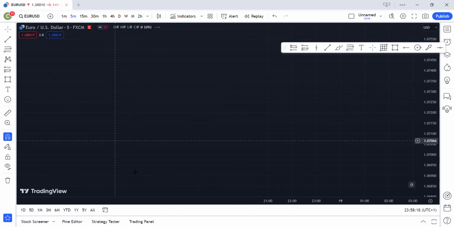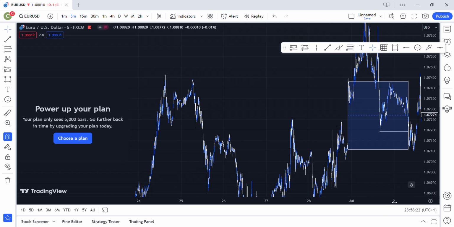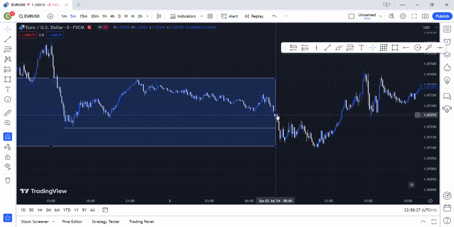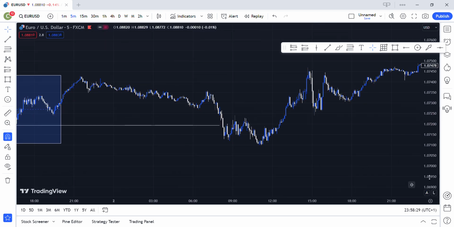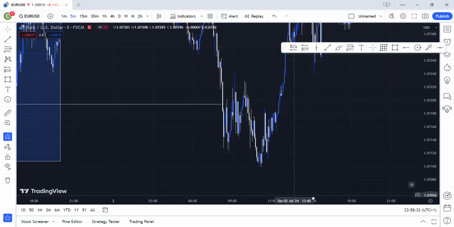Tuesday the 2nd of July. Let's go to the 5. So Tuesday 2nd of July, as you can see, that's our massive new day opening gap, but we can just ignore that. We'll just move it away. So this is our low. We've swept the hourly low. We've then